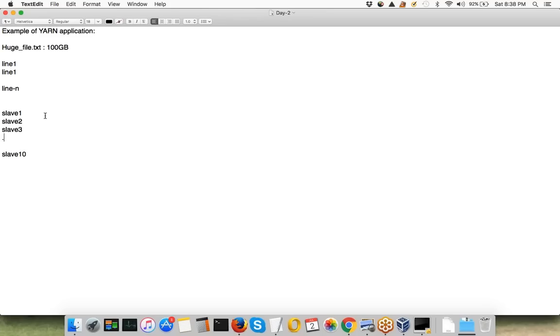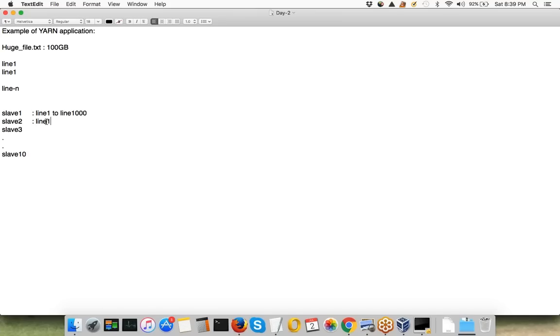This is just an example. So let's say we have 10 slave nodes in our cluster. And what I am assuming is that from line 1 to line, let's say, 1000, they are present on slave number 1.